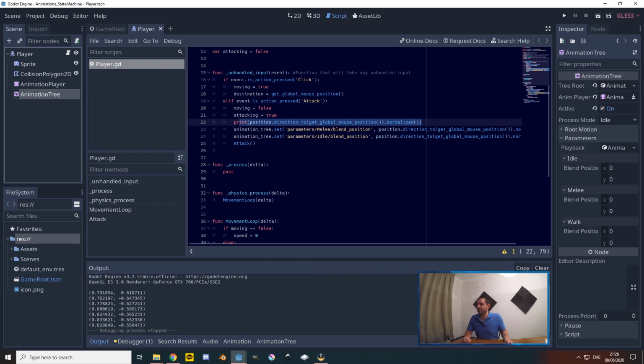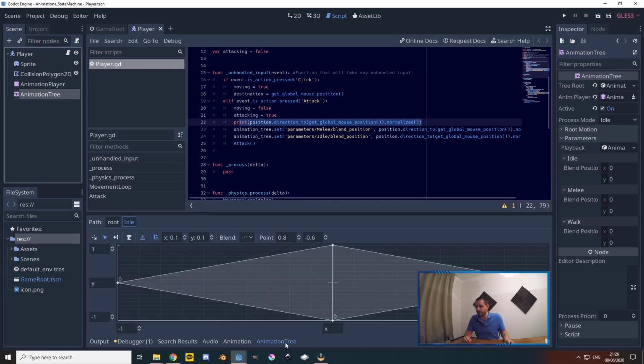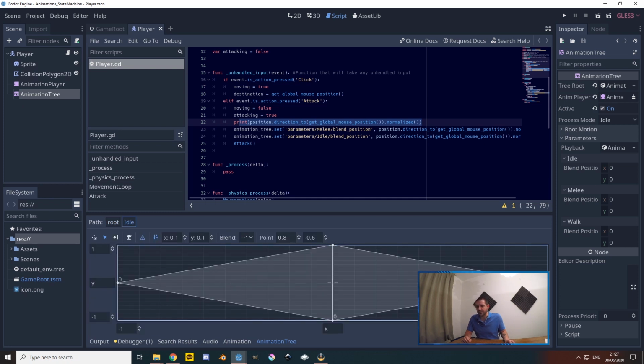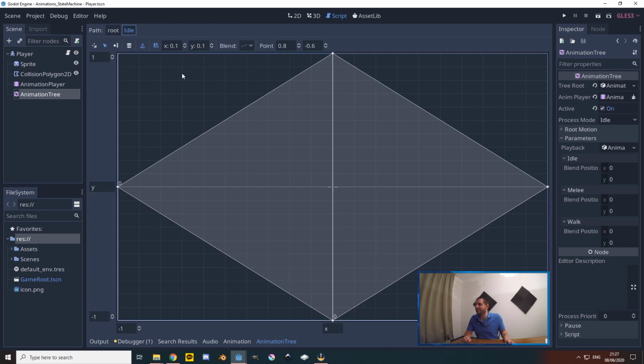We simply go back to the animation tree, we select the animation tree panel, and under the root, now we can do it for idle, that's fine. We're gonna make this a little bit bigger so the counting is easier. We'll select that add point tool, and now we're just gonna go 8 on the x-axis and 6 on the y.